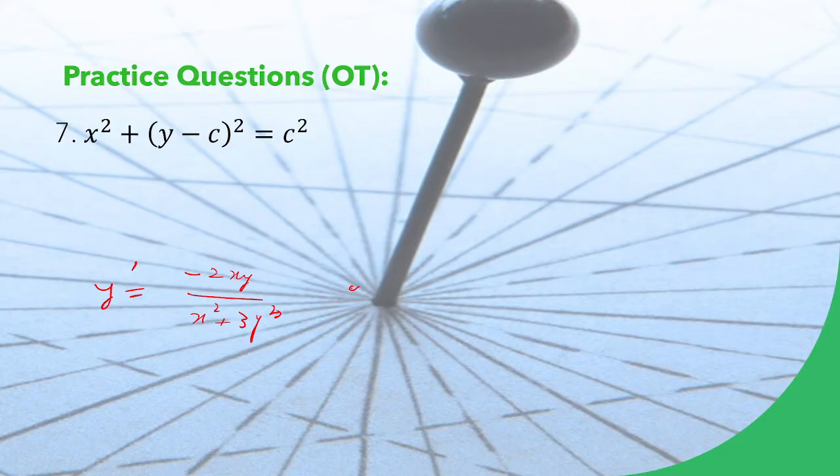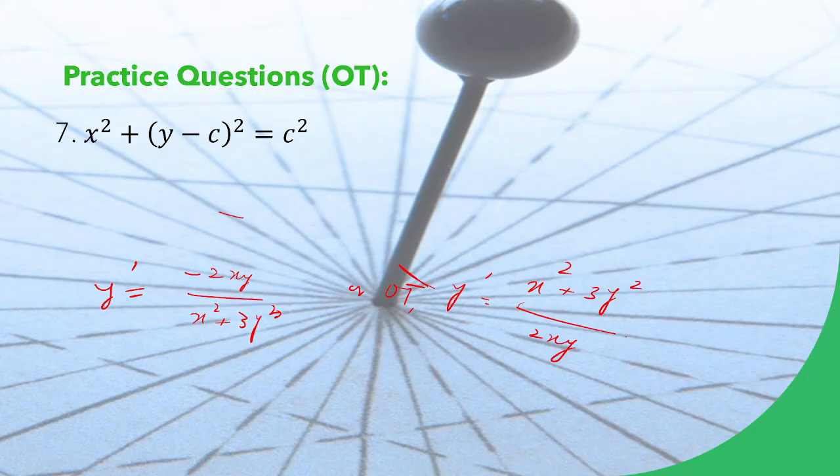Now for orthogonal trajectories, what would we do? y dash would become x square plus 3y square divided by 2xy. Okay, and then we will be solving this equation, which is a homogeneous equation. So we will take, to solve this equation now,